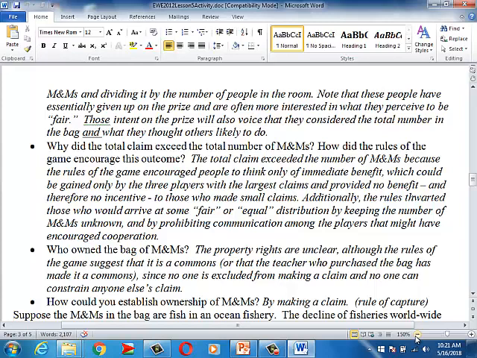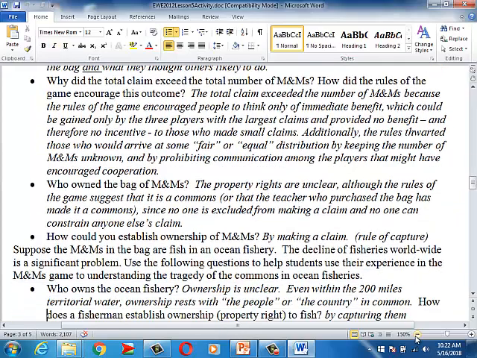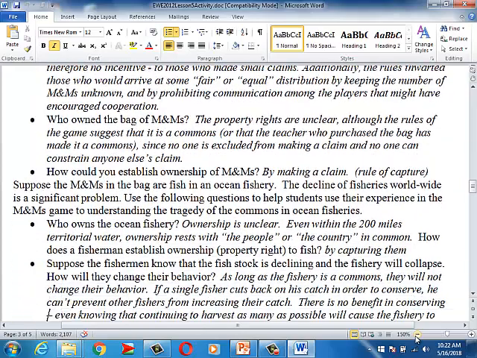I had kept first and second, and this one also had a third prize. So in our game, actually, if it was a large class, then very likely it would have gone like this. And so the core question is, who owned the bag? Property rights are unclear. So the solution here is that you might